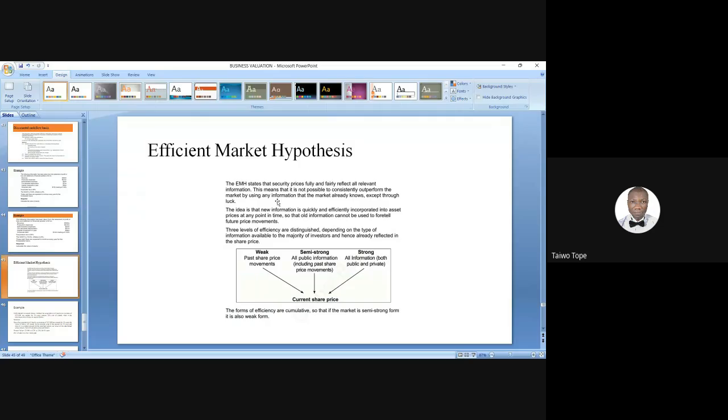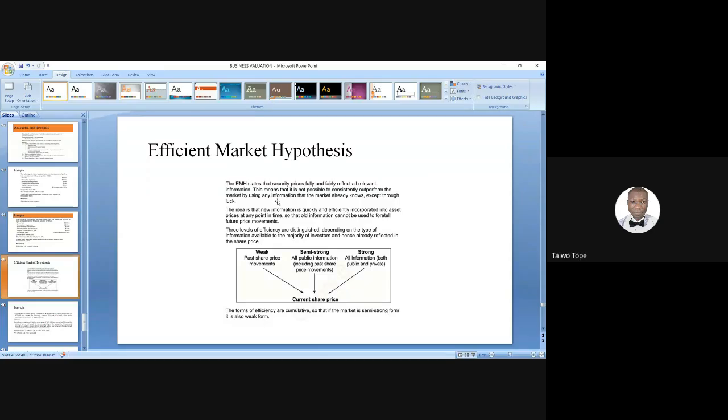So what this concept is talking about is that the information you have, the information your customers have, will determine how well your business performs. As information gets to customers and they make use of that privileged information, does that information enhance the performance of your business? Or is it when the information is officially made known that your business is being enhanced? These are questions that this concept is trying to address.